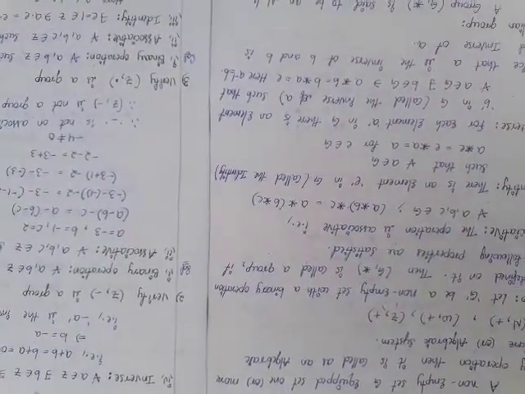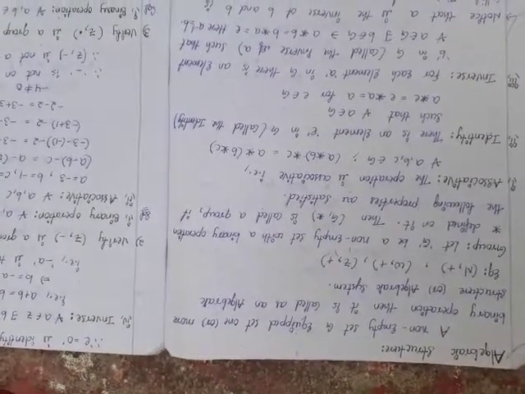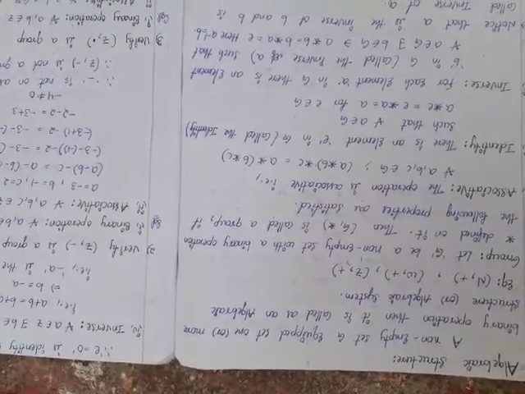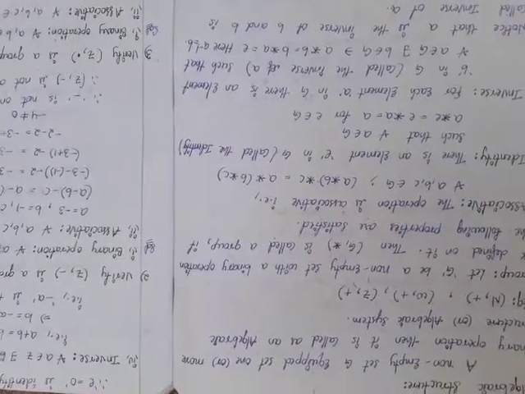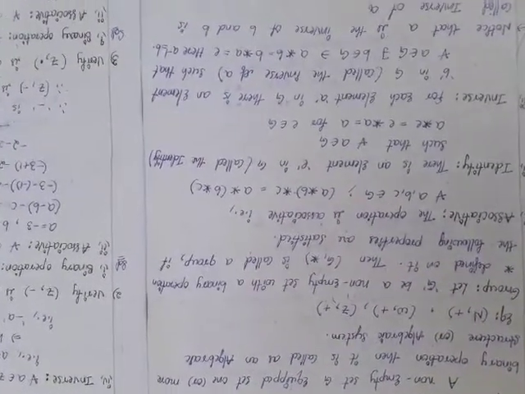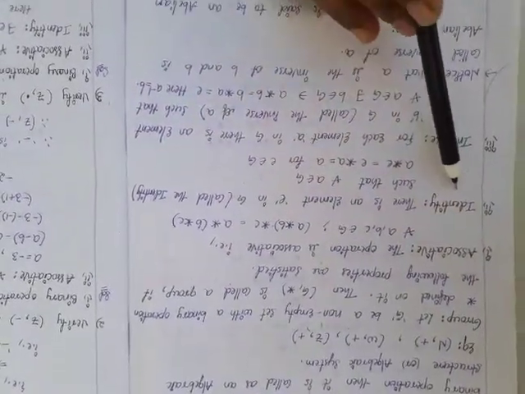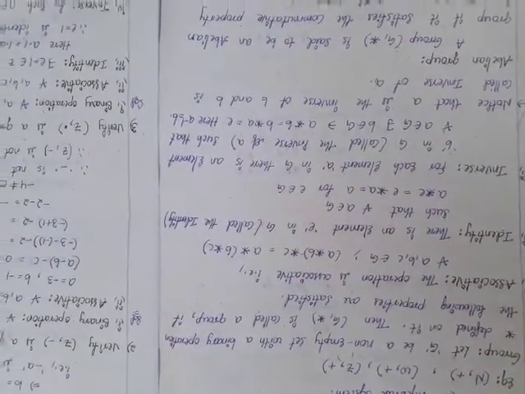What is a semi-group definition? If star satisfies binary operation and associative, then G comma star is a semi-group. Semi-group means binary operation and associative. Next one, monoid. Capital G satisfies binary operation, associative, identity, then it is called a monoid.